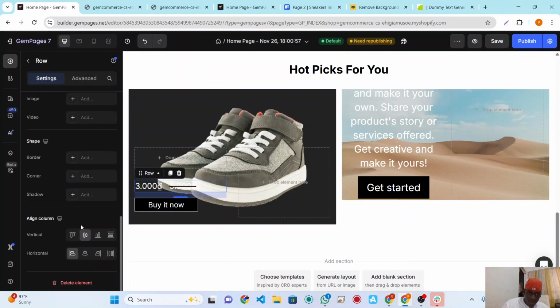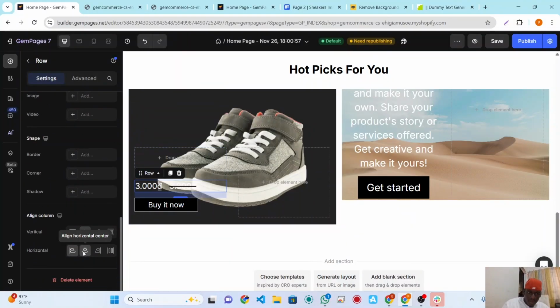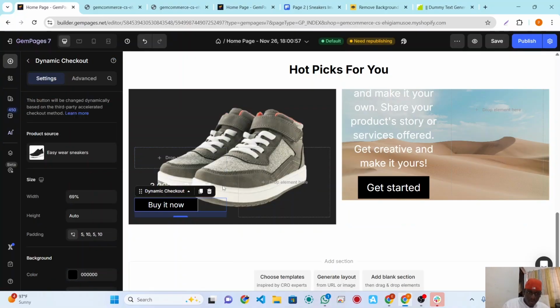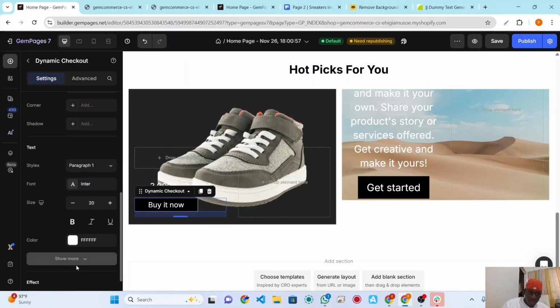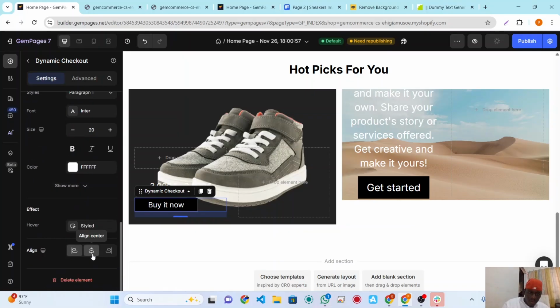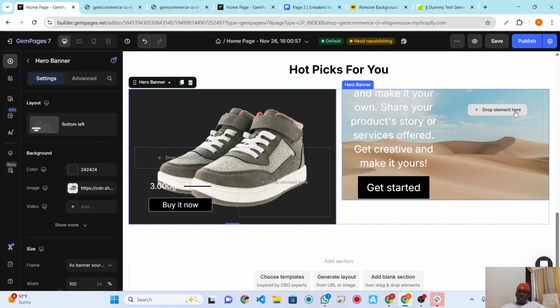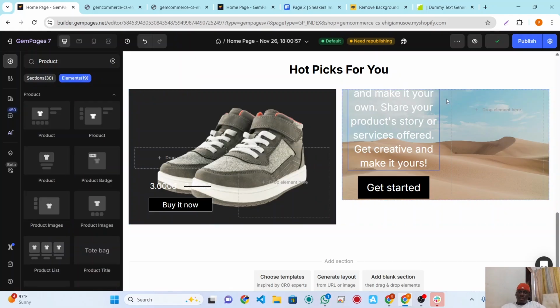Okay, let's align it. Let's also align the bottom. Okay, it's looking better. So I think what we do now is let's delete this one so we don't have to